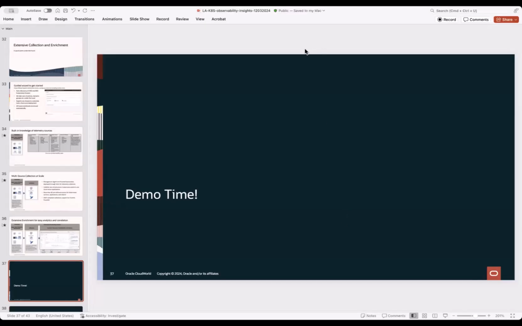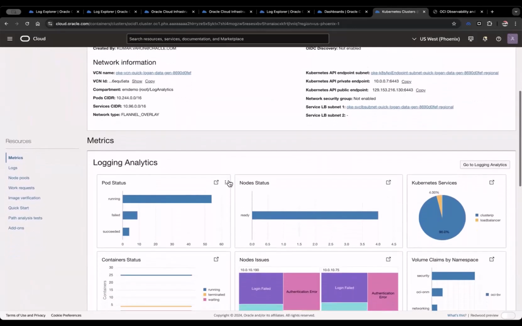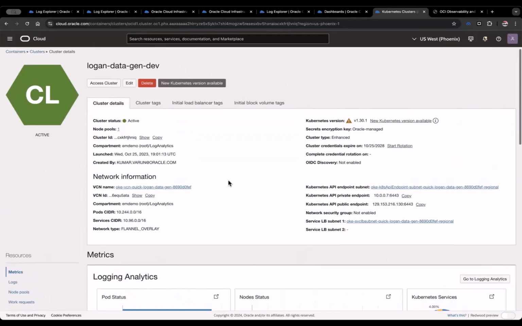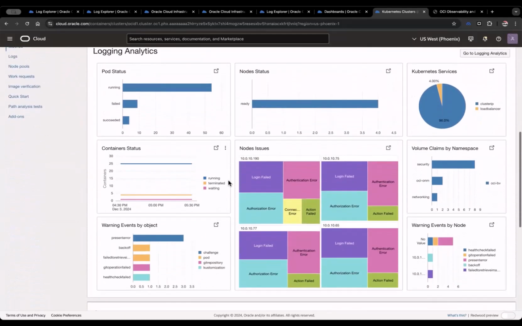Let me switch gears. So first thing I wanted to show, and as I was saying earlier, there is a limited availability program which is running right now where we have integrated logging analytics into OKE. So before we go into the Kubernetes monitoring solution, this is an OKE cluster that I have running in my tenancy, and this is one of the dashboards which is readily available. And as you get into the details page, you get what the different pod status are, what the node status is, and this is yet another